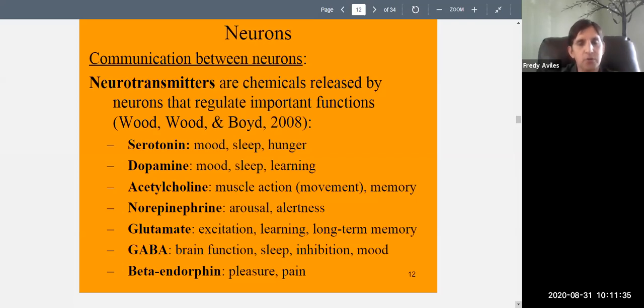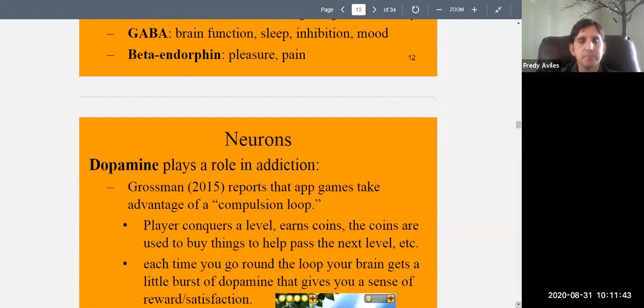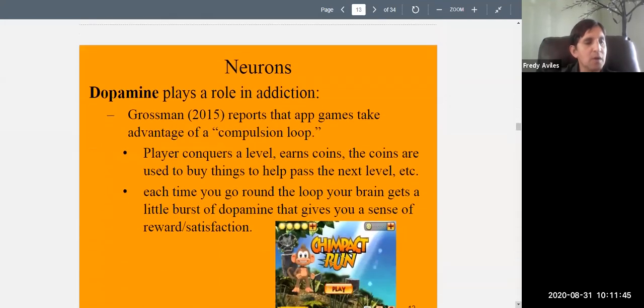There are many other neurotransmitters. These are just some of the common ones. There are dozens and dozens of them, and more and more of them are discovered every now and then. A little bit more about